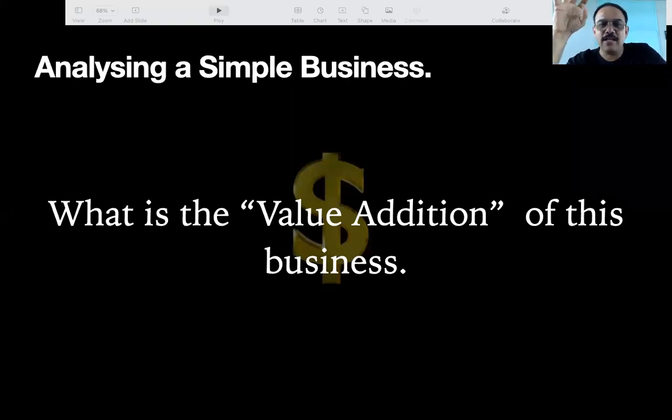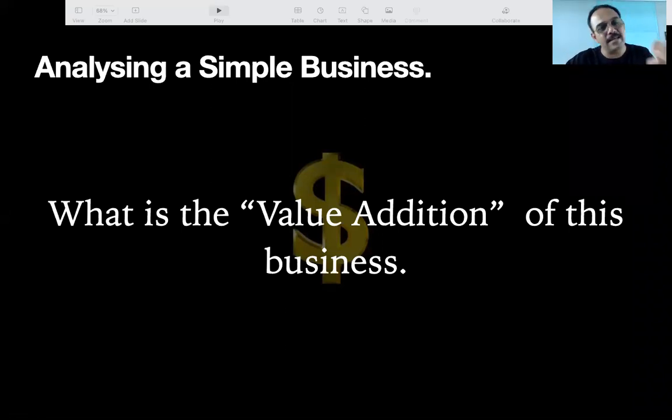Right? So here, first and foremost thing you can write down in analyzing any company, in fundamental analysis, is that you should know, at least you should be convinced, somewhere in your notebook you should be writing what is the value addition of this business. This is what this breadwala is doing, this is what Amazon is doing. Amazon is not producing anything, they are buying from someone, delivering at your home, earning money in between. Flipkart is doing the same, that is their value addition, delivering, right? Correct. So that is value addition, and they are earning money.